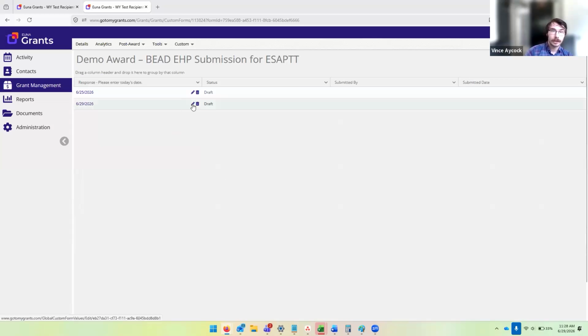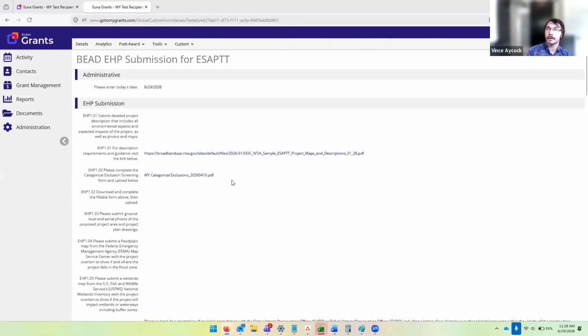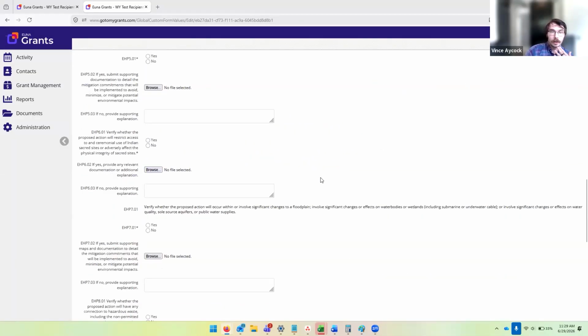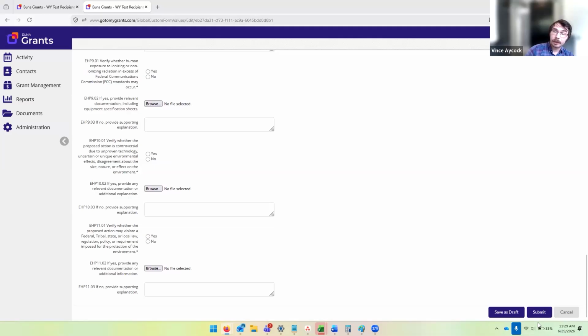And in the same way, I can click the pencil to get into edit, or I can click this link in the far left, and then the pencil in the top right. Then once you're ready, you can click a submit button. This will send it just like a payment request. This will send it to us. We'll review it. We'll make sure no changes have to be made, no curing has to be done. And if curing does have to be done, you will receive, just like a payment request, a rejection email.